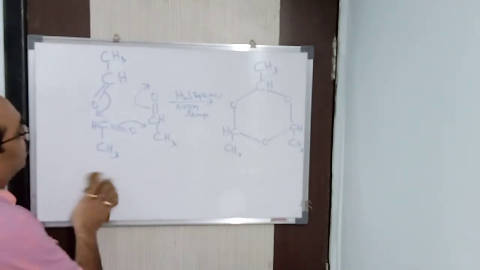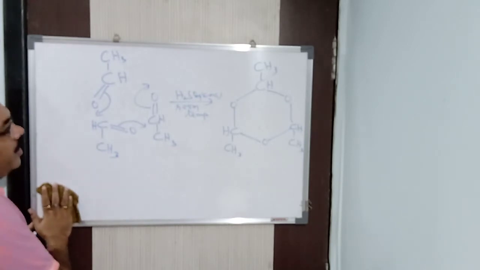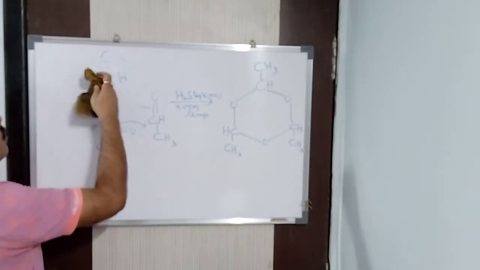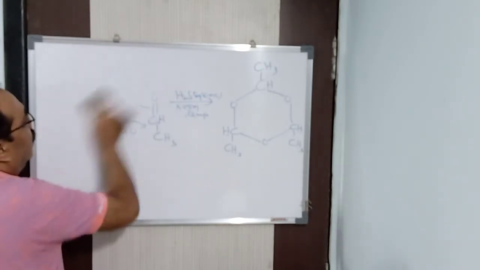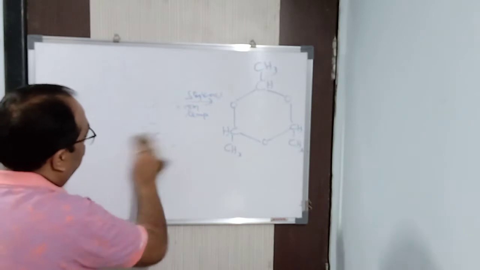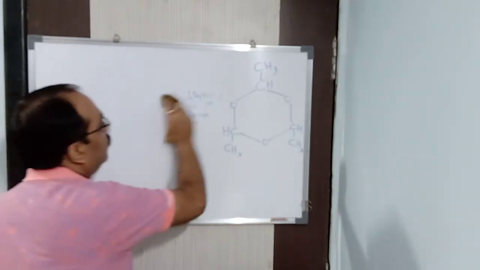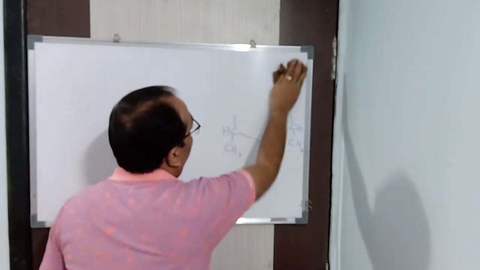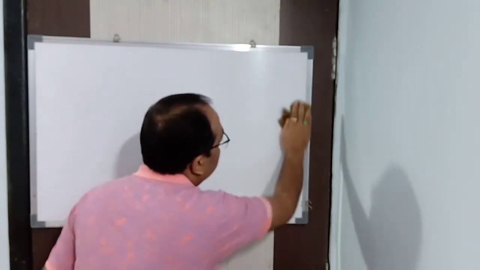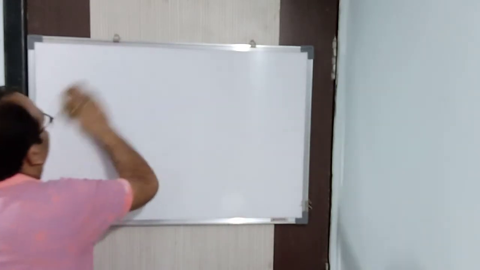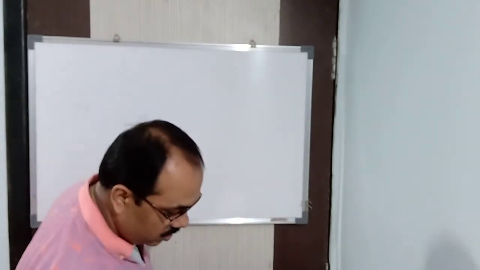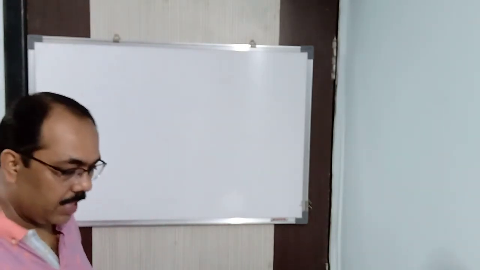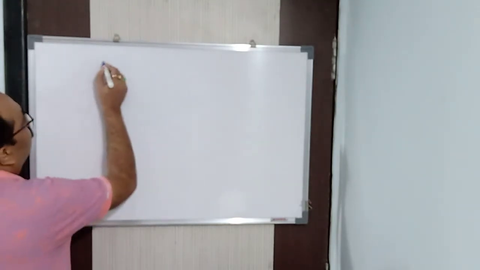Now if I take 4 molecules of acetaldehyde, then what is going to happen? The reaction is slightly different with 4 molecules. We will see what the reaction is. With 4 molecules of acetaldehyde, we need to write the reactions properly. That is very important. We need to write the reactions properly, then only the reaction will be done. No problem at all.